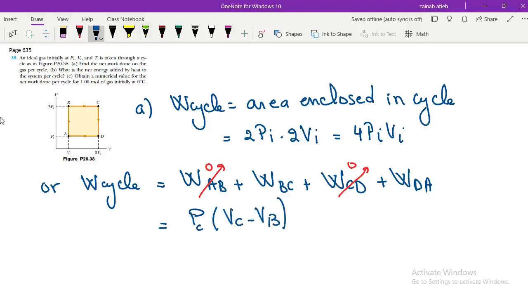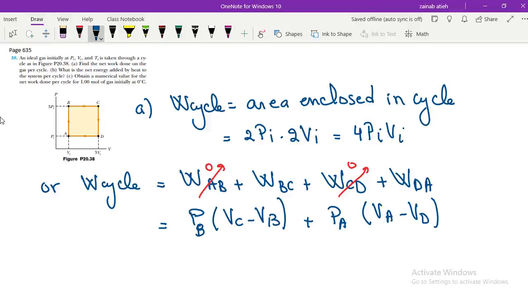You can call either one you like, so let me call it pressure B. Plus work DA, pressure of A or of D, both are the same, so let me call it of A. So final minus initial, VA minus VD. It's P delta V. You can pick either pressure because all of them have a constant pressure anyway. So delta V is